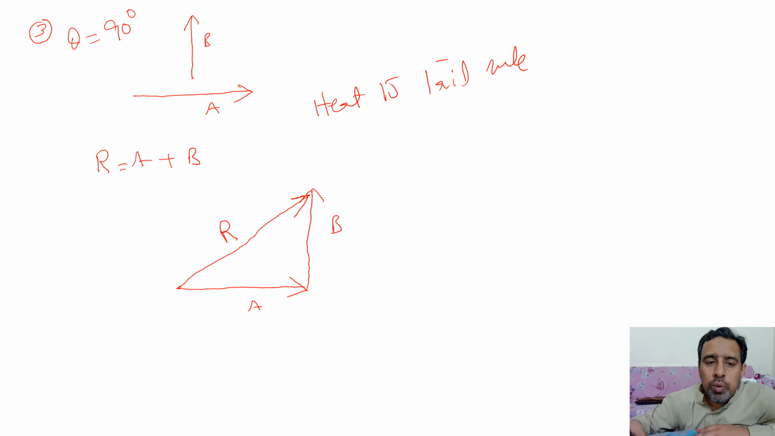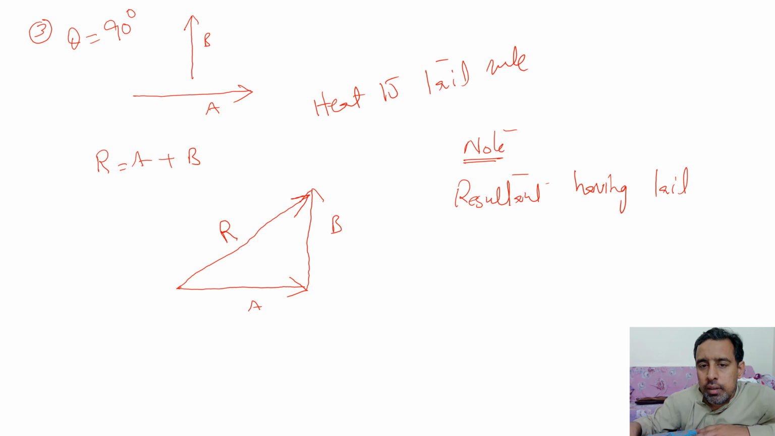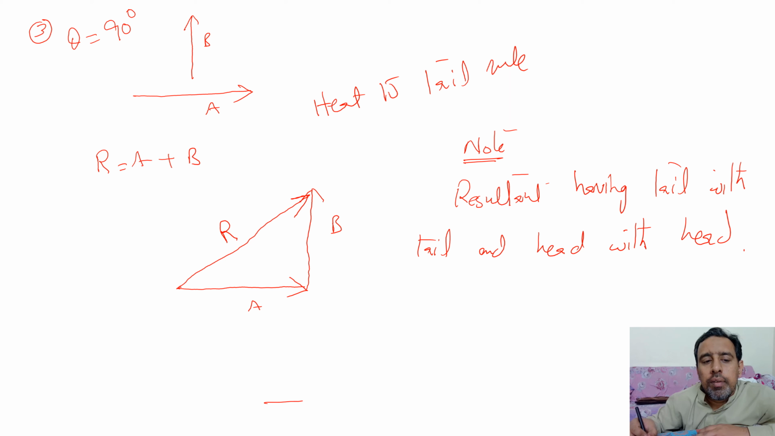And one very important thing which you must know, that the resultant vector is having the tail attached with the tail and head attached with the head, means the resultant having tail with tail and head with head. For example, if we have a vector A here, then we have a vector B here,